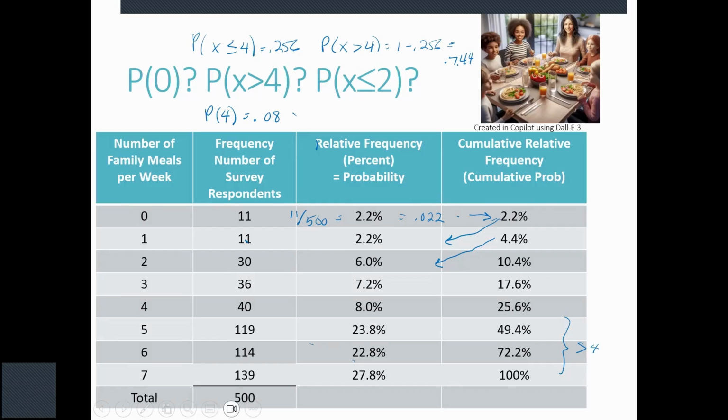That looks right. And for something like this, the probability of less than or equal to 2, it's super easy. We basically just read down the column, and we get to the 2 or less because that accumulates up to 2, and that one is equal to 10.4%, or 0.104. And that's it for